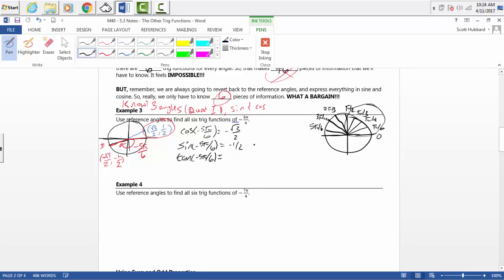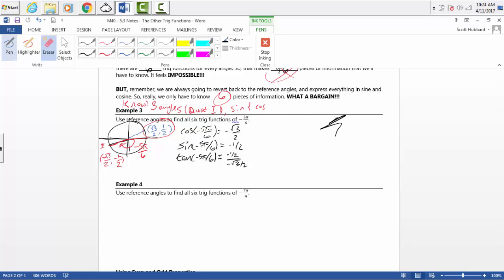Okay, well that's going to be y over x, so it's going to be negative 1/2 divided by negative root 3 over 2, which again I'll do over here, so I need to simplify that. Let me get rid of this. So it's going to be,